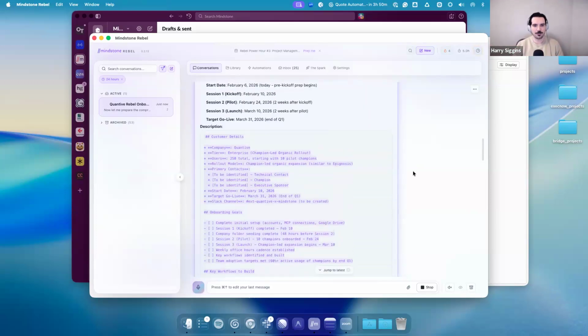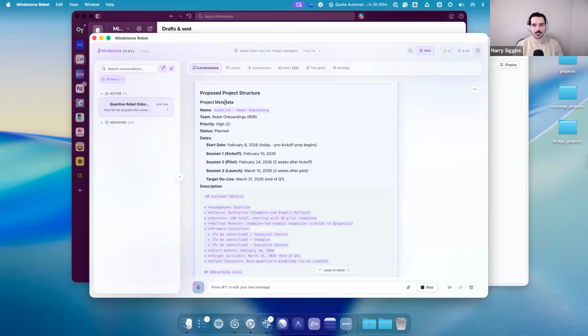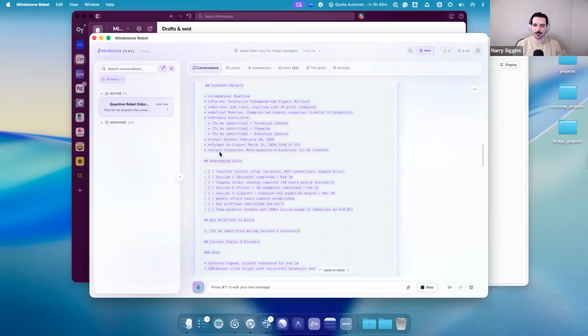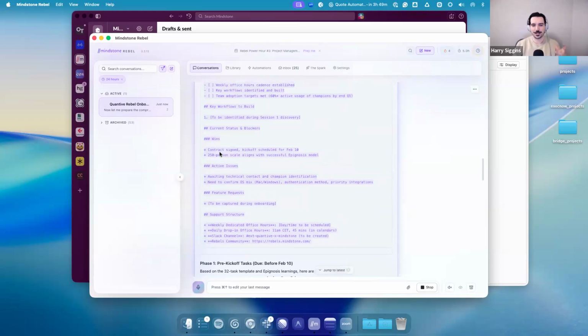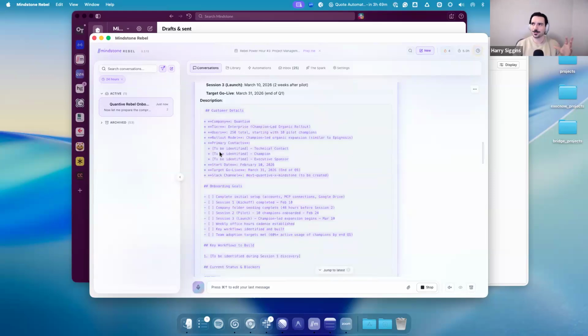So you can see that it's going to have a project here in the Linear workspace, which would be Quantib Rebel onboarding. We've got priority, we've got status, we've got some dates, and then it's going to add in this description. And this is one of the interesting things, and why I like using Rebel for something like this, and this is very similar to the first office hours, if you joined for that, for the